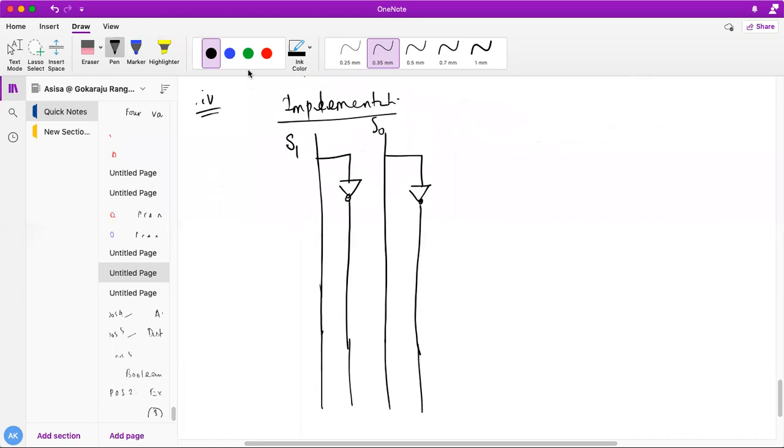You can take it like this: this is my S1 bar, S0 bar, I0. So this is my I0.